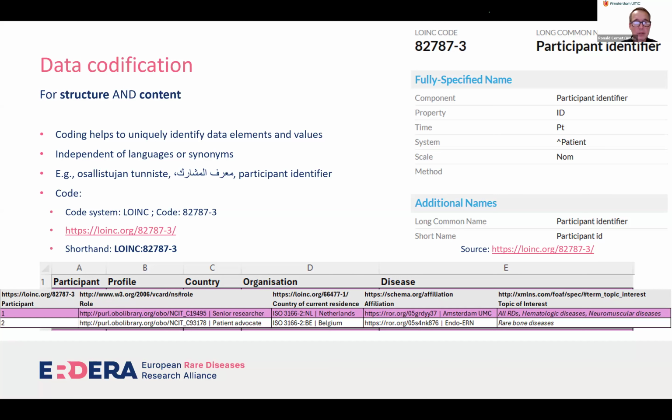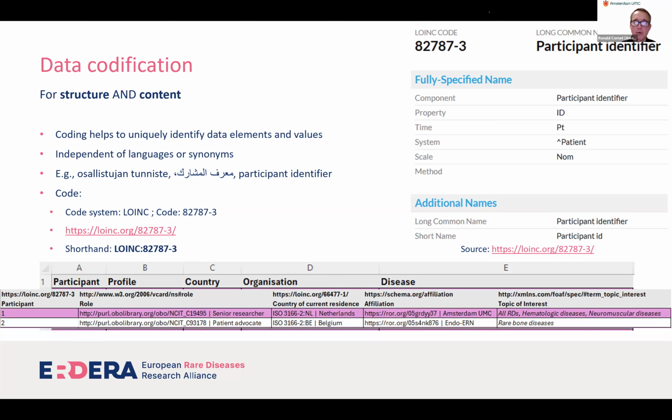And then I can do the same coding for the values. So below you see that for senior researcher, I took a code from the NCI thesaurus, and I did the same for patient advocate. For the Netherlands, I took an ISO code, ISO 3166-2, where the code is NL, and for Belgium, the code is BE.